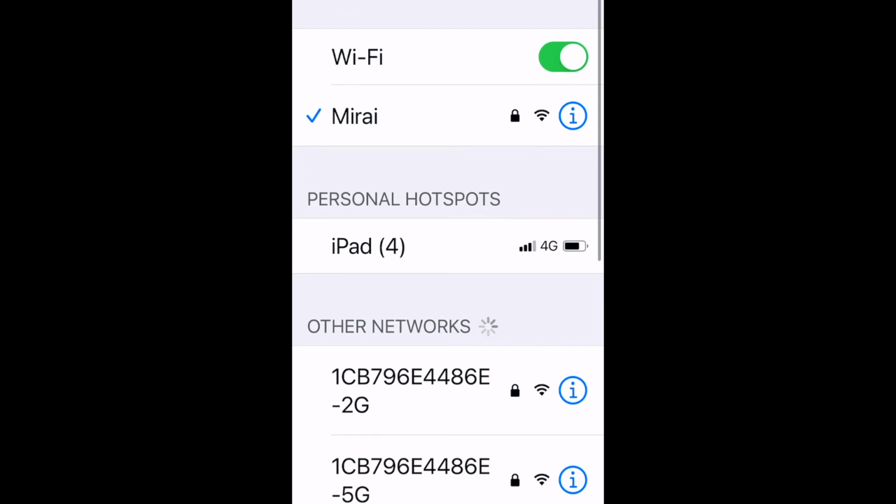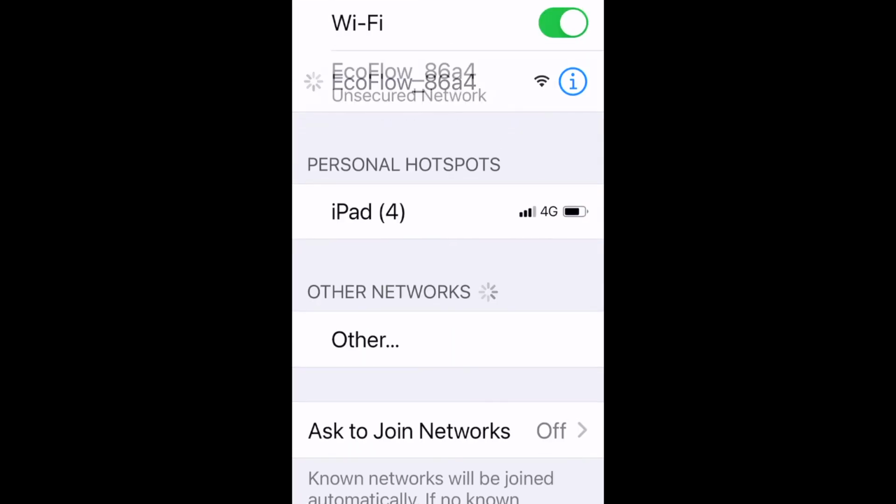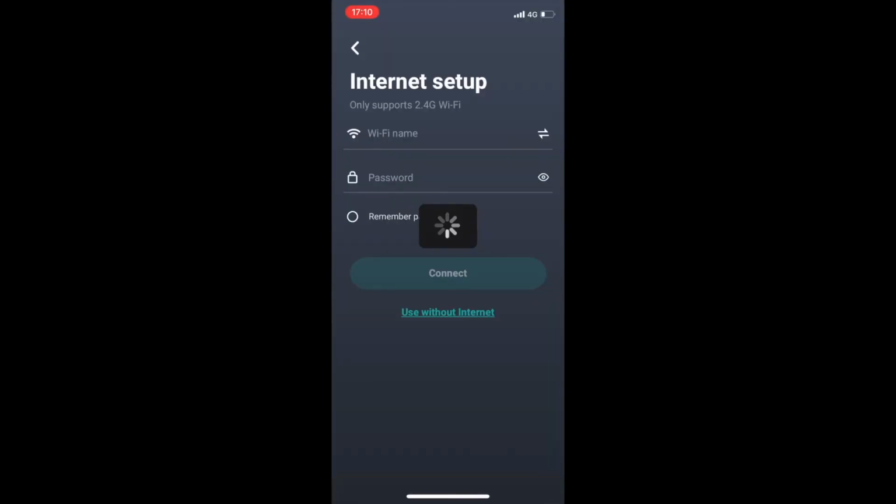For the EcoFlow River Mini, there is a smartphone app. Once you download the app, you select your EcoFlow model, and that's going to take you to the Wi-Fi setup screen here. But first you have to push the reset button on the front of the EcoFlow River Mini. So once you've pushed the IoT reset button on the EcoFlow River Mini, you look for the Wi-Fi network in your smartphone, connect to the EcoFlow River Mini. After connecting to the EcoFlow River Mini, it will connect you to your EcoFlow device, and in the app, it will ask you to connect to your home or office Wi-Fi network. You put in your Wi-Fi information,